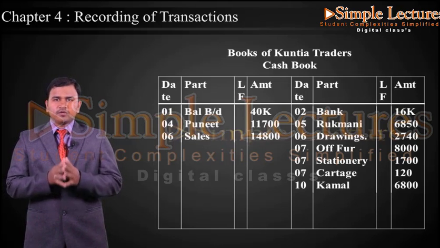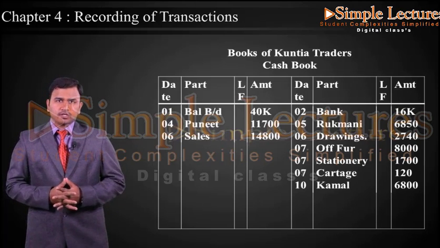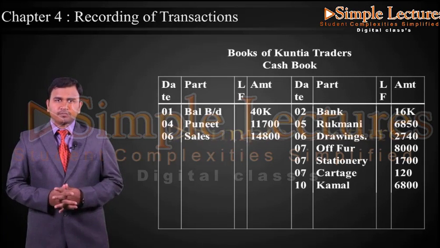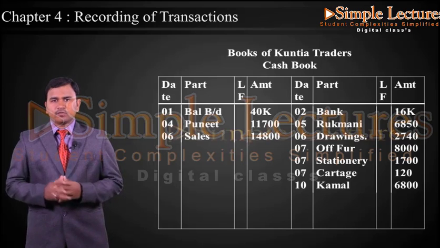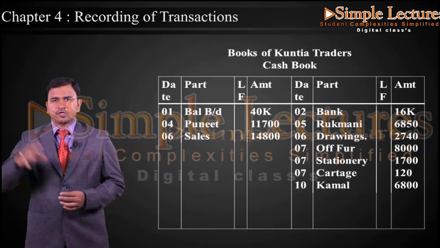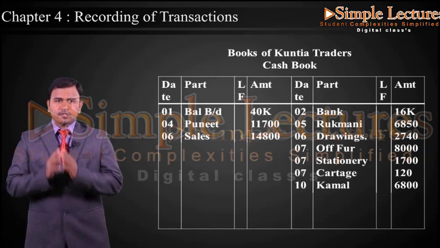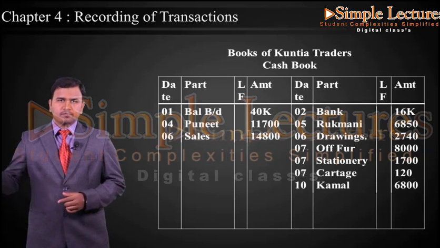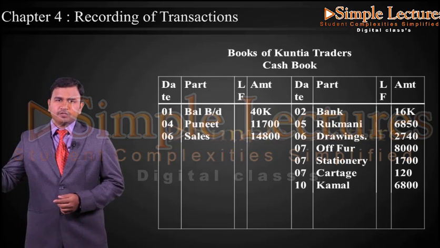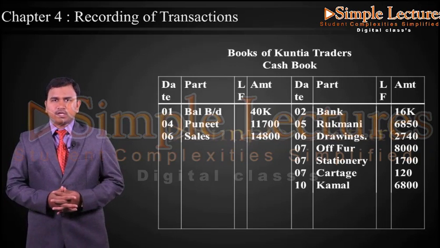Then the next transaction we have on September 10 where the transaction is paid to Kamal 6,800 after allowing a discount of rupees 200. What discount we are allowing here is secondary, but we are going to consider what payment was made. That will be very important here because we are recording only the receipts and only the payments. So since it is a payment, this will be recorded on the credit side. So the date will be September 10 on the credit side and the entry will be by Kamal account